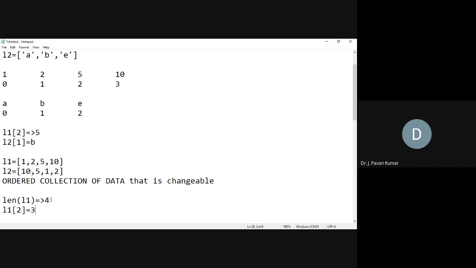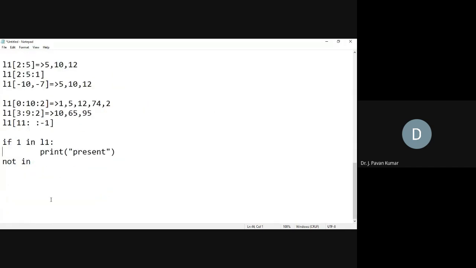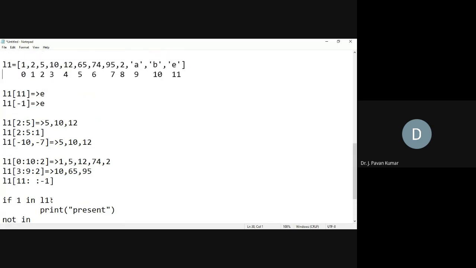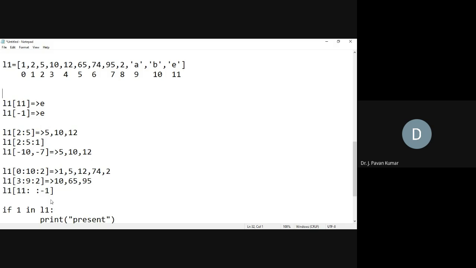Now, a similar kind of thing we can do by using a range. We have the list L1 is equal to 1, 2, 5, 10 and so on, with 12 elements, and we want to change the elements at indexes 3, 4, 5 to 11, 25, 35.